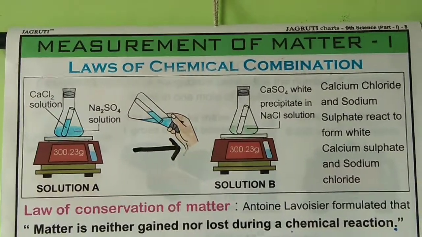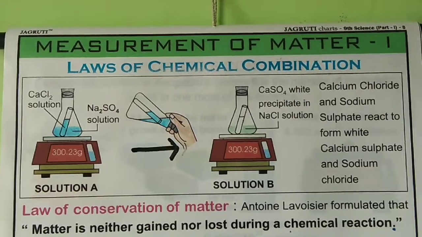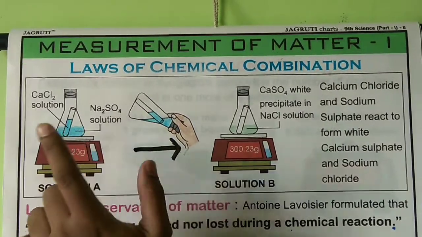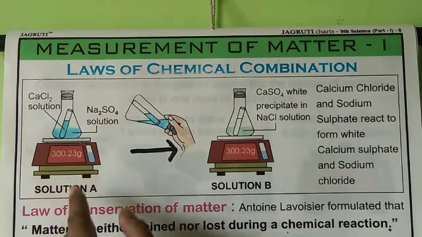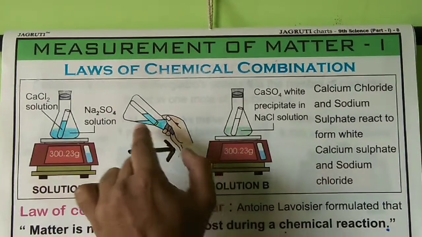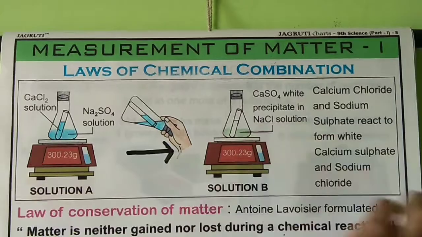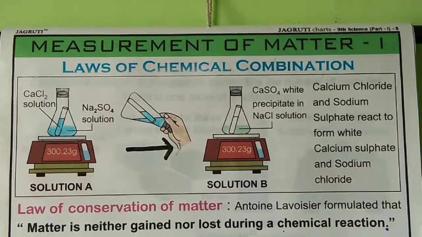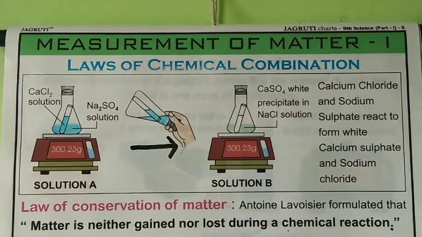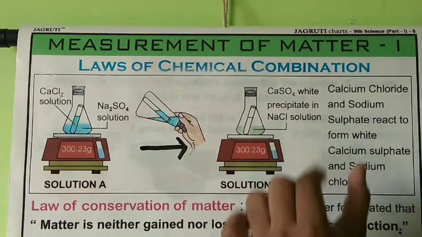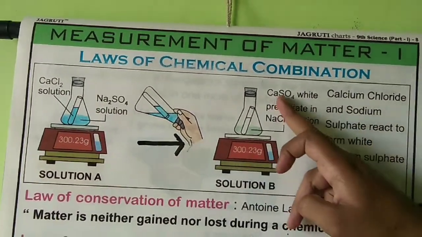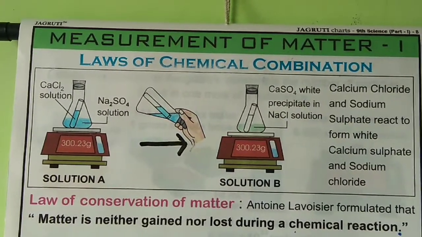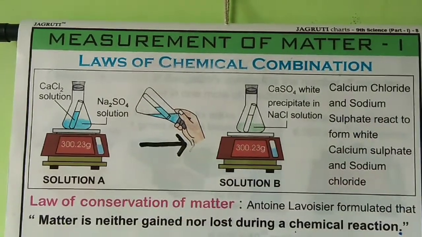Next, we have to start the reaction. For starting the reaction, we should mix the calcium chloride solution in the test tube with the sodium sulfate solution of the conical flask. For mixing these two solutions, we have to tilt the conical flask in this way so that both solutions get mixed and the new products are formed. After some time you can see a change in color, a white precipitate is formed. That's why you can conclude that the products are formed. So a white precipitate of calcium sulfate is formed in the NaCl solution. It means there is a change in color, it's a chemical change and the reaction is completed.